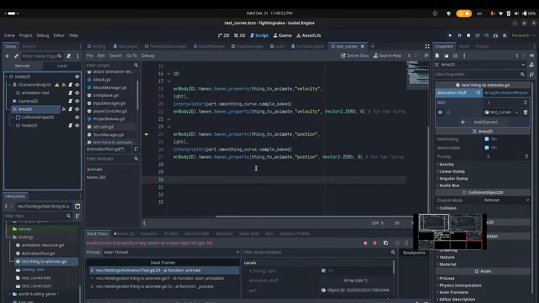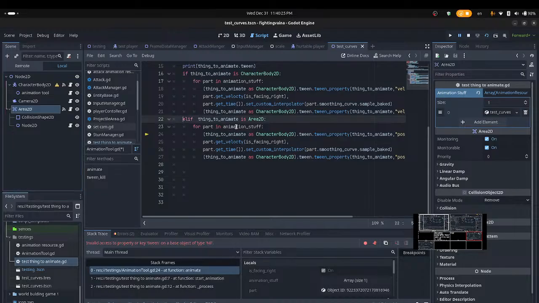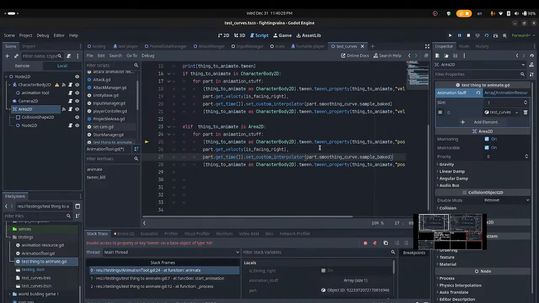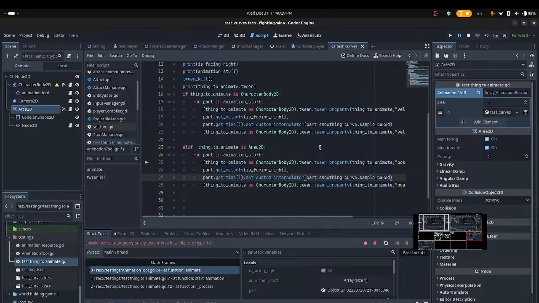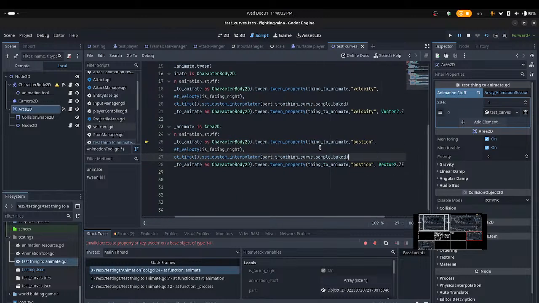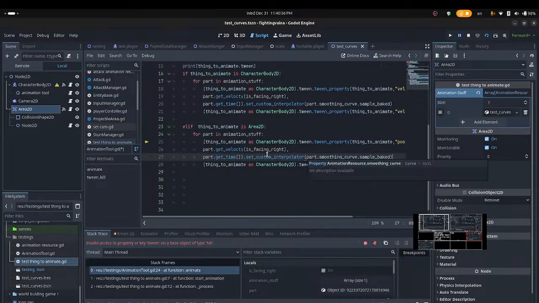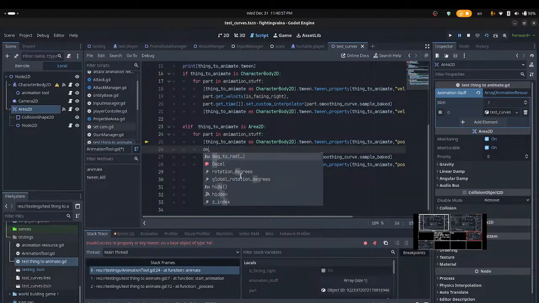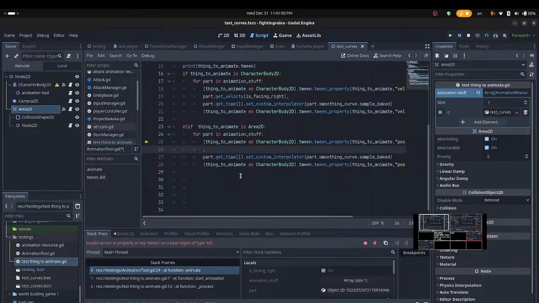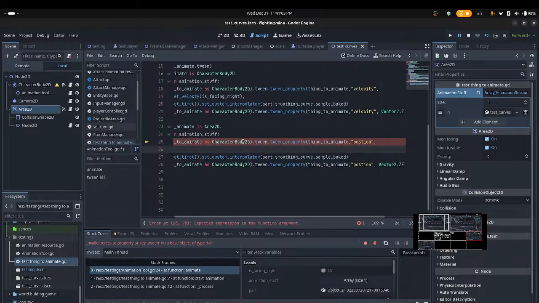I just need to check the right property. Smoothing curve is facing right. Don't use get velocity, I don't think. Might just be the thing to animate